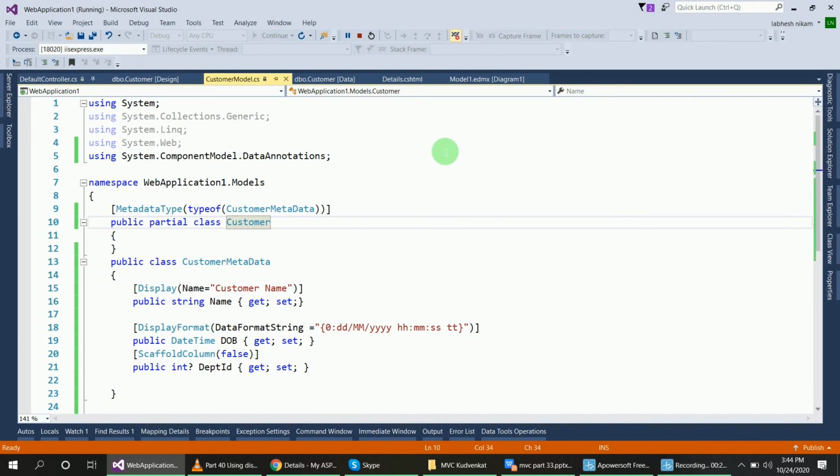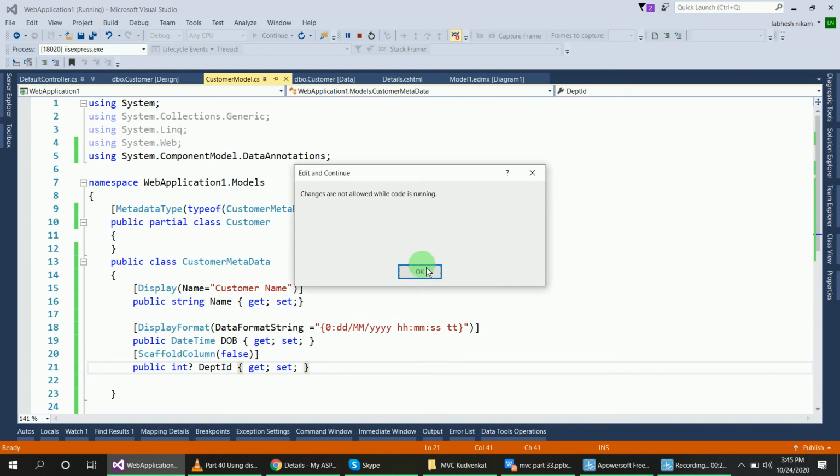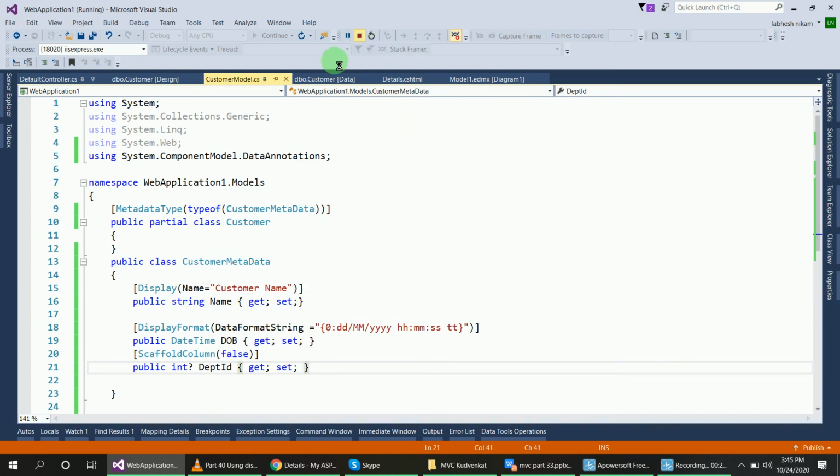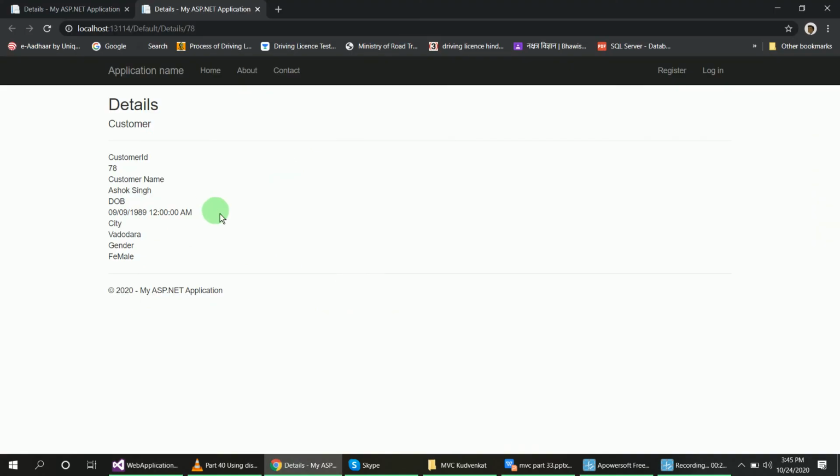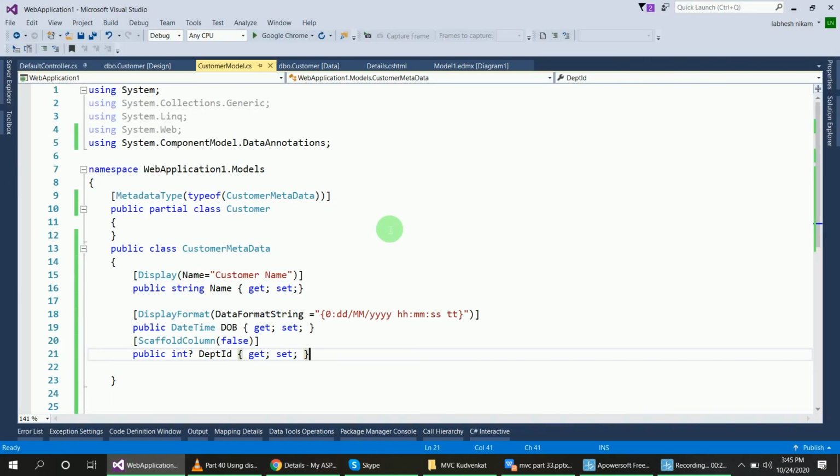Now I want to use null display text. Means if anybody has not filled up the details, then at that time you want to add validation. Now I want to add validation for this, suppose customer name. Okay, if customer name is not added by the user, I will display the message please add the name. For that I will use null display text.